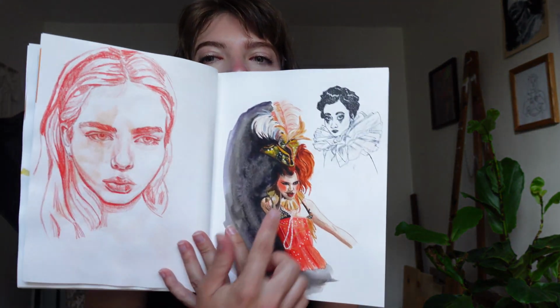I did a little bit of painting in my sketchbook because I really wanted to finish the 100 head challenge, and I'm almost done with it. I just have to finish one portrait. I already started it, and I went on vacation, so I didn't have time to finish it, but today we will finish it. So as you saw, I did this one,